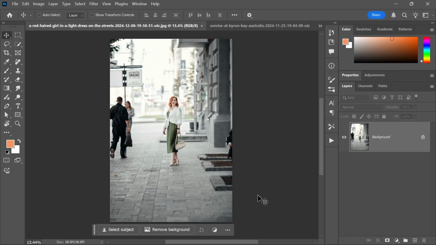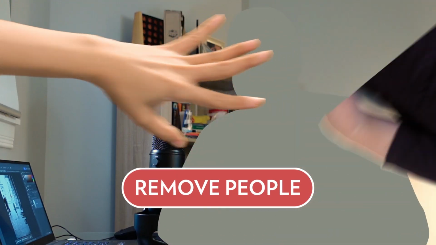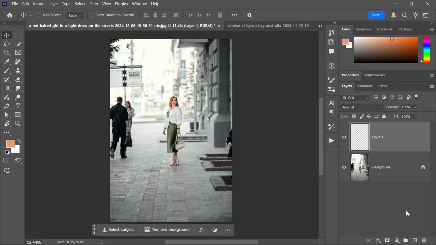I've downloaded this image from the link in the description, and you'll notice that there are some people in the background that we can remove. However, there's also a main subject here that we don't want to remove, because if we remove the main subject, then... So first, create a new layer so that all the changes we're gonna make will happen on a separate